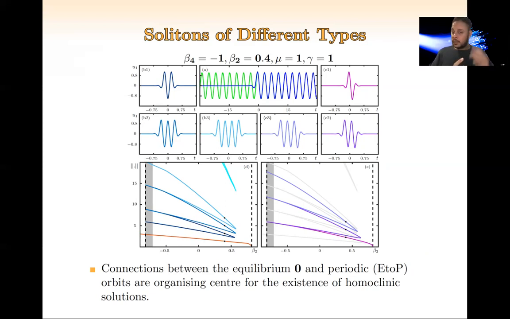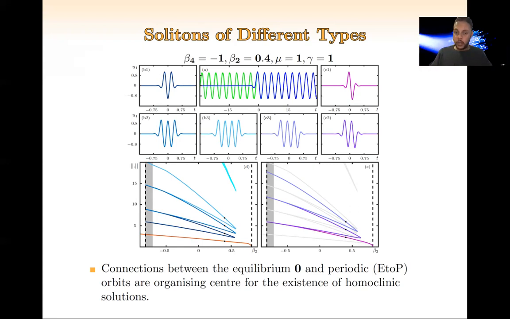Furthermore, since our system is reversible, we can find different types of homoclinic solutions which have different symmetries. For example, if you consider panels B1 to B3, all these homoclinic solutions are symmetric, with symmetric temporal profiles. And if you consider panels C1 to C3, all these homoclinic solutions have antisymmetric temporal profiles. And the next question is, since all these homoclinic orbits are for a fixed parameter value, what will happen if we change